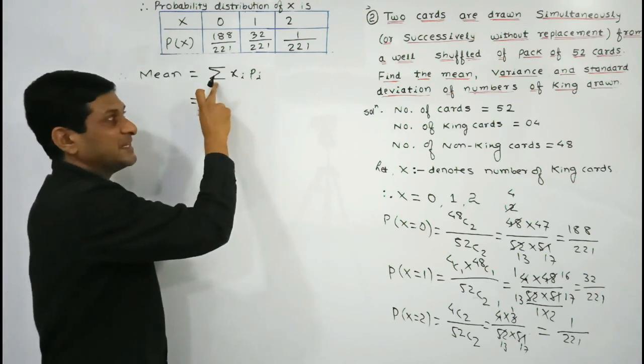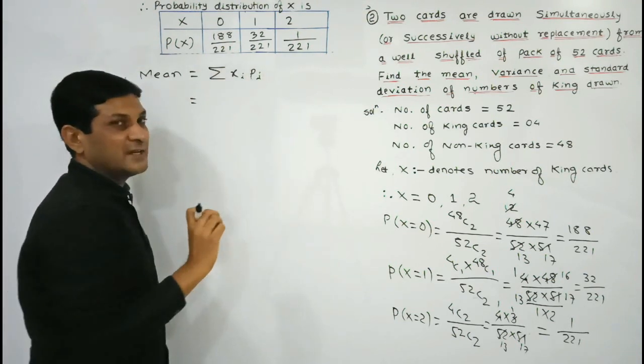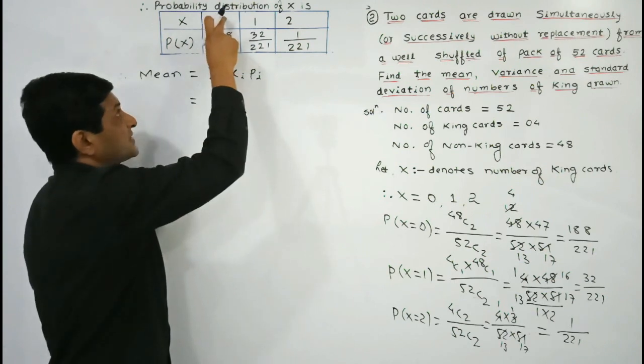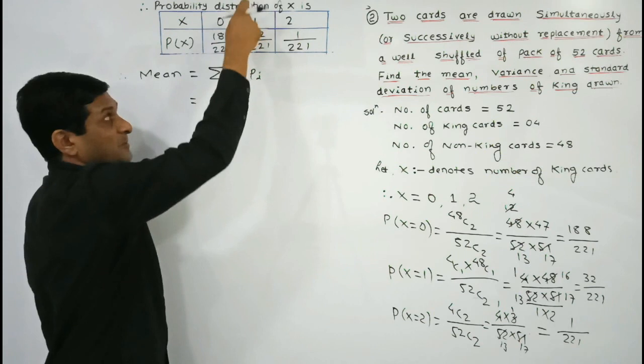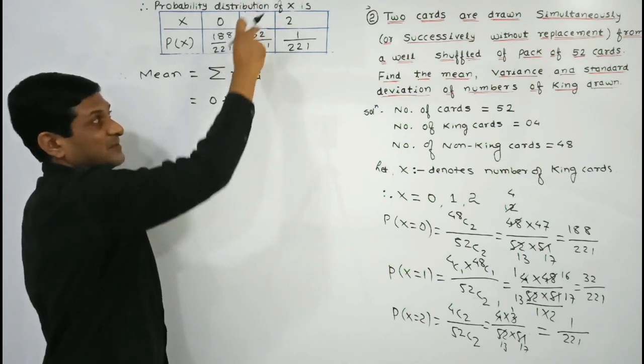हमें क्या करना है? सम लेनी है किसकी? प्रोडक्ट ऑफ वैल्यू ऑफ रैंडम वेरिएबल एंड इट्स प्रोबेबिलिटी. चलो फर्स्ट केस में 0 into any number is 0. Again here we are taking product of value of random variable. X means what? Value of random variable, and p means what? Its probability. 1 into 32 upon 221 is